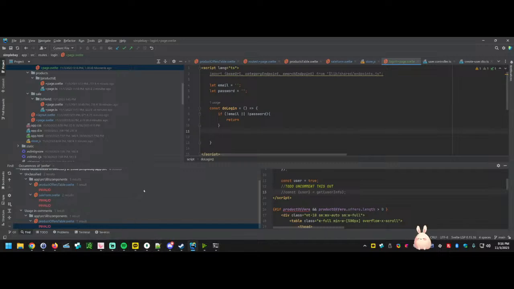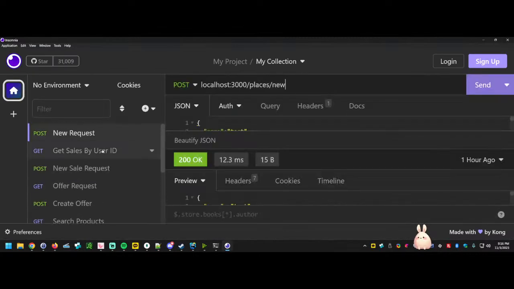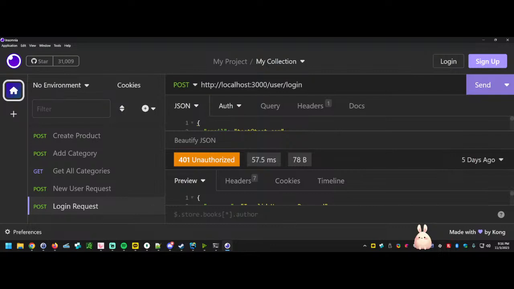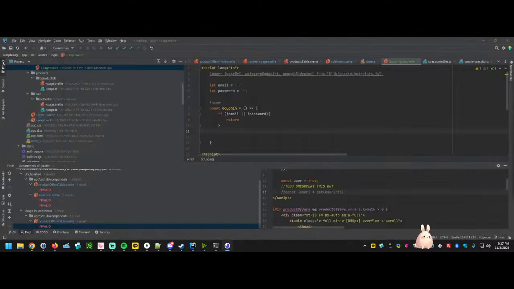insomnia. I use Insomnia for my testing. Login request. User slash login. Cool. So, though I don't mind, why can't I remember the name of it? Postman. That's what it is. I end up using Insomnia, but